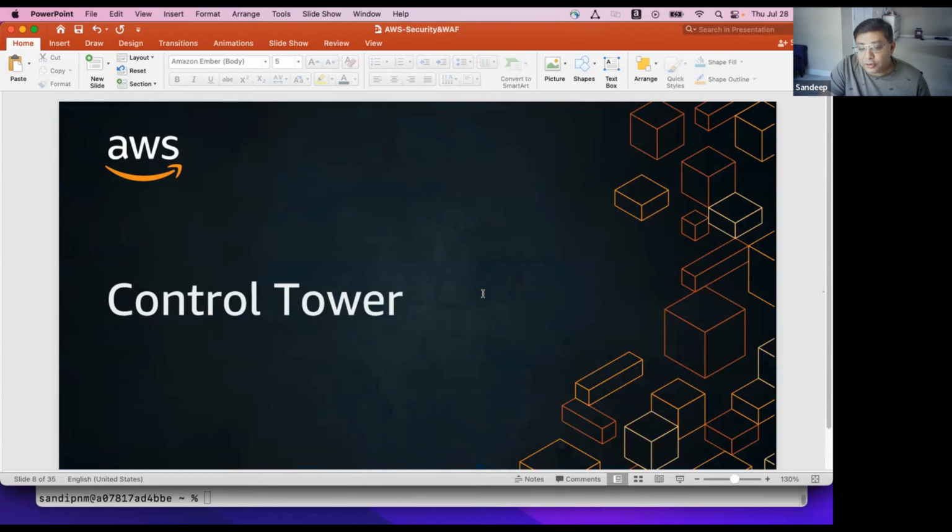Having said that, I'm going to move to more advanced security controls. I would just like to take a pause and see if anyone has any question on the basic IAM functionalities. Okay, that looks like no. Okay, so